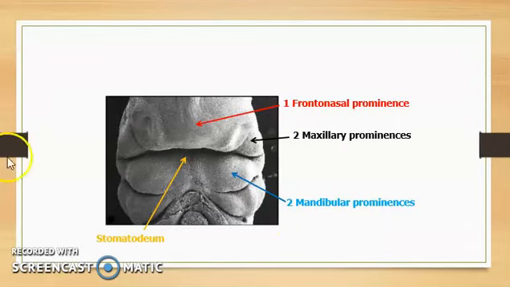Again, you see this is the stomodeum. Above it there is the frontonasal prominence. On the lateral sides there is the maxillary, and below it the mandibular prominence. So first of all, the frontonasal prominence. The upper part of the frontonasal prominence will give rise to the forehead,